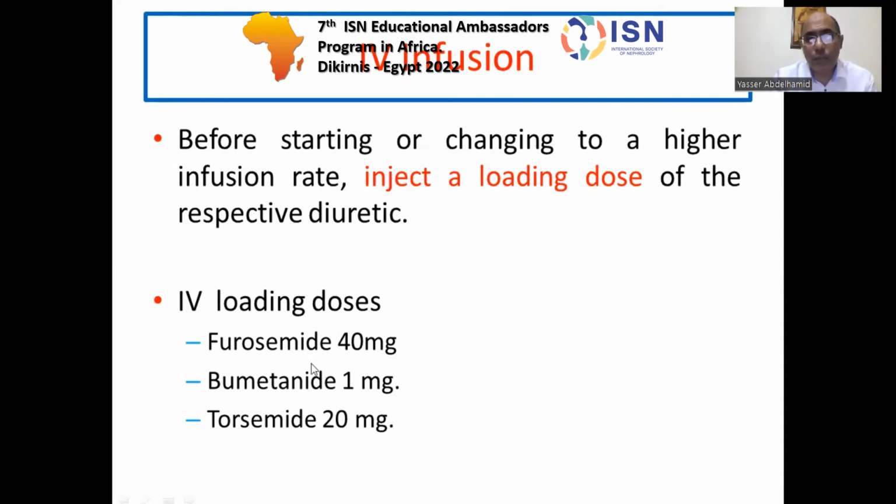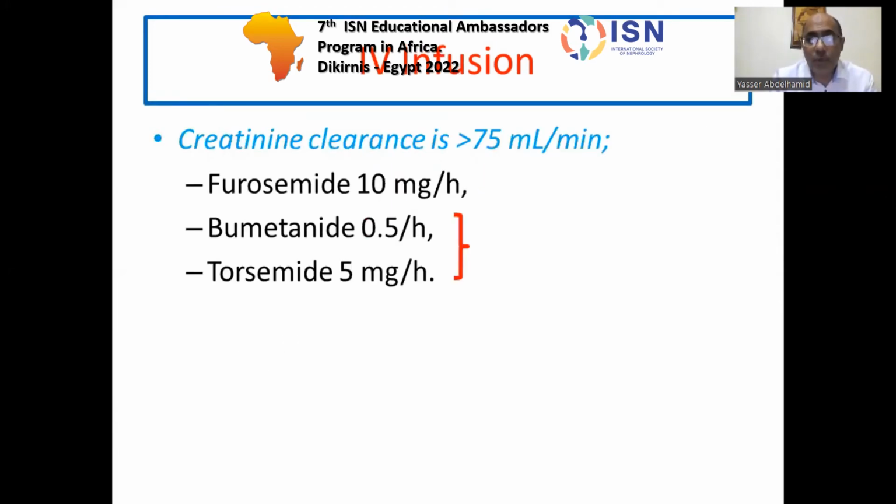And this is the loading dose: furosemide 40, 1 for bumetanide, and torsemide 20. And see the response. If good response, go to IV infusion. In case of serum creatinine not more than 75, furosemide can be 10 milligram per hour, while bumetanide 0.5